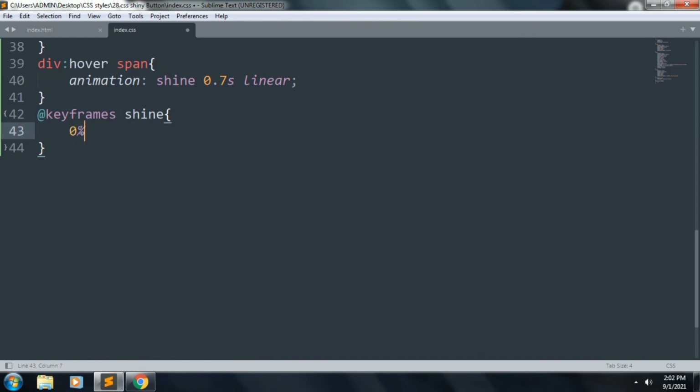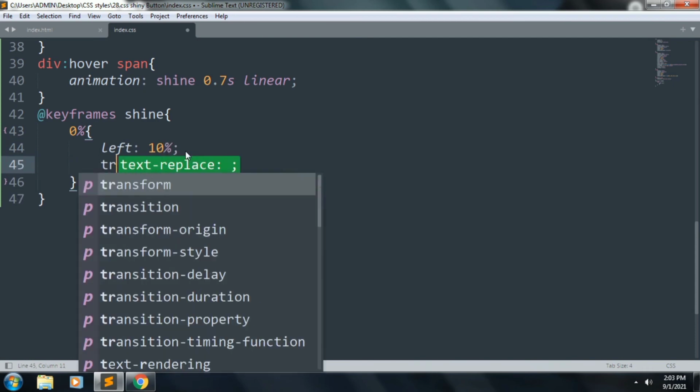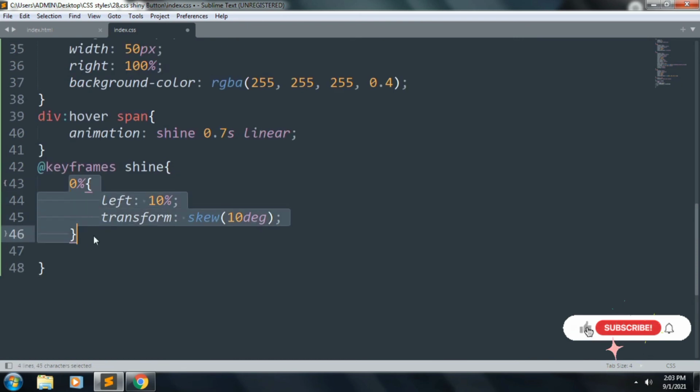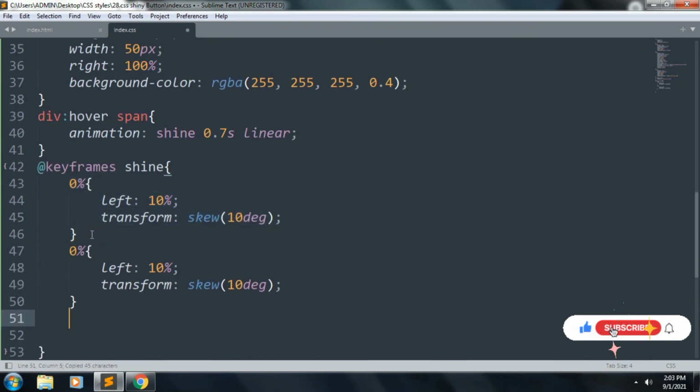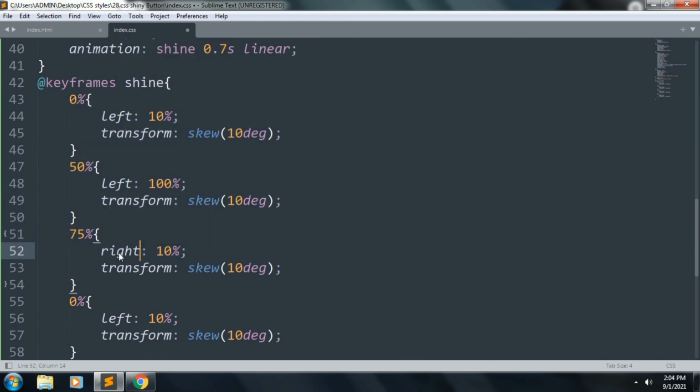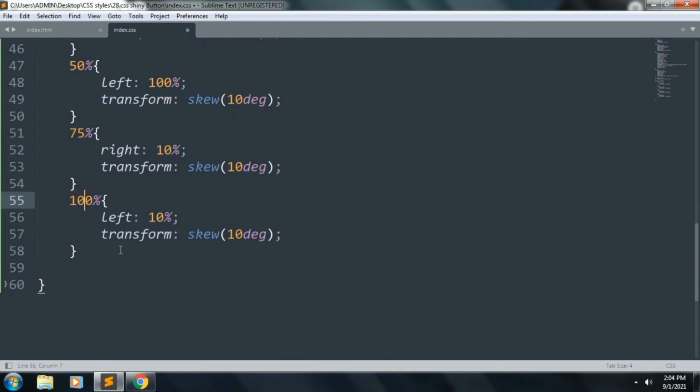Inside this 0%, left 10% and we want to add transform skew 10 degree, and copy this 0% and paste it 3 times. This is 50%, 100 and 75, this is right, and this is 100% right and this is 100%.